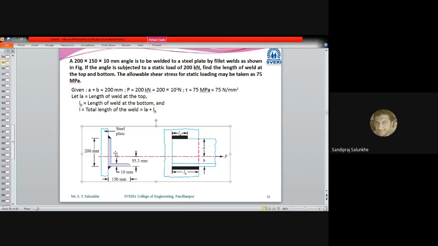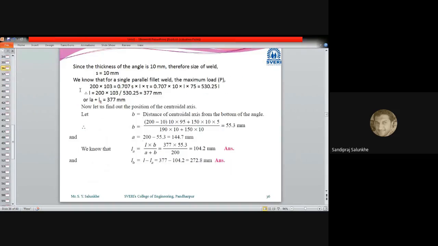Okay. Now we'll take the thickness of that angle as 10 millimeter. It has been stated in the problem. Therefore, the size of weld which we have to calculate, S is equal to 10 millimeter. And later on, we will calculate the T, that is nothing but